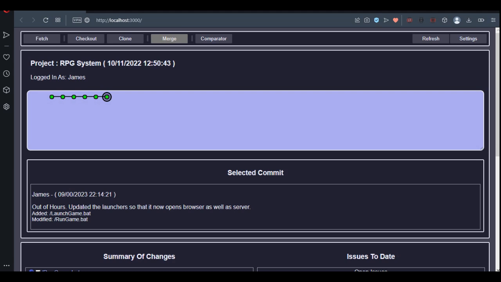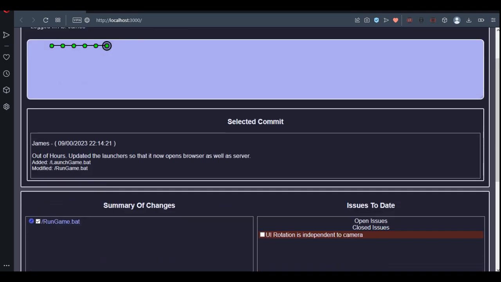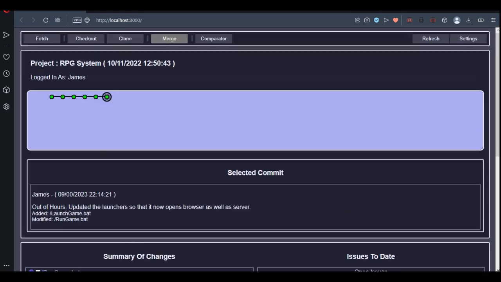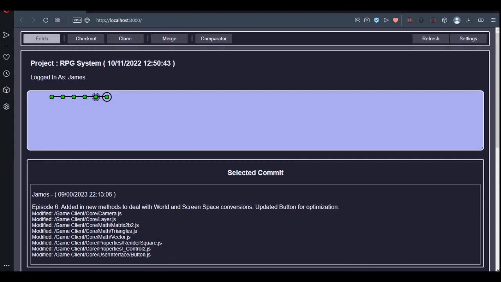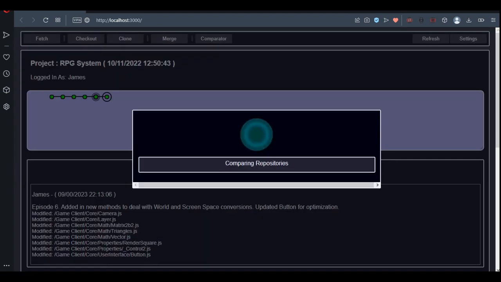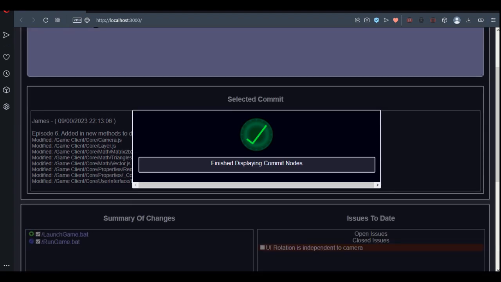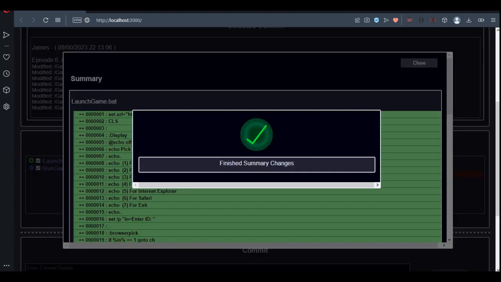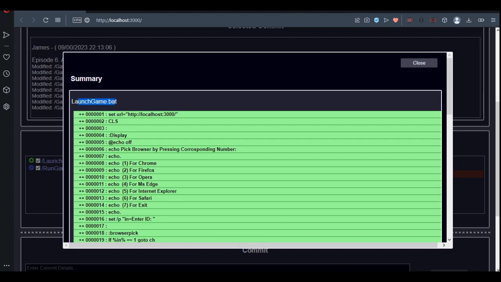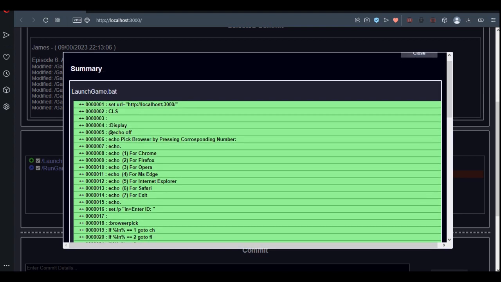But there is one thing that I've changed, and this is my software version control, which is currently tracking the project that we've been working on. So if I just fetch the previous version, you can see all the changes that have been made to the files. So in the launch game bat, this is something that you would pretty much see on like GitHub or